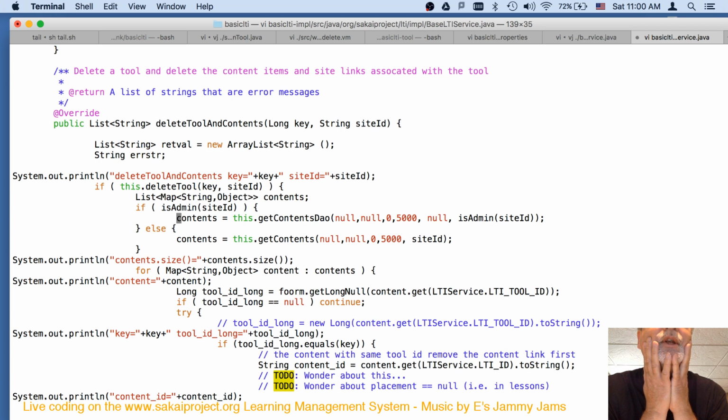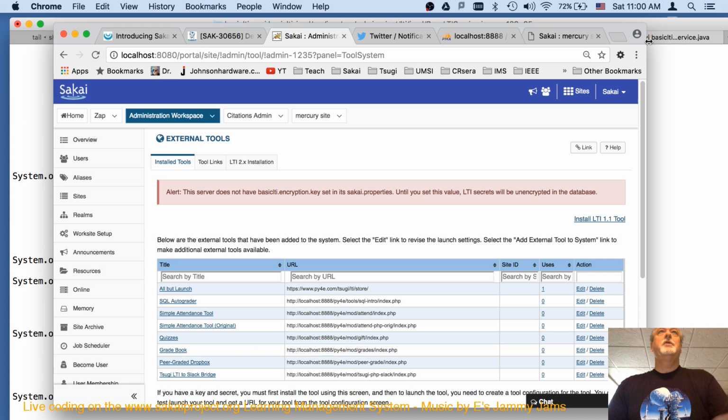Why am I only getting one? Oh, these are the content items. These are the content items.